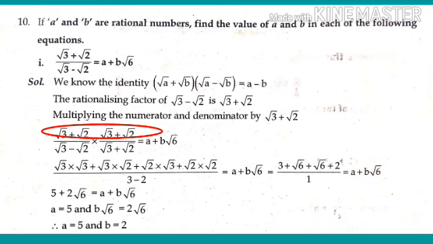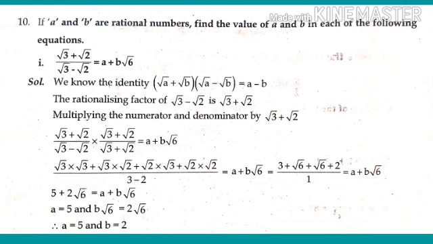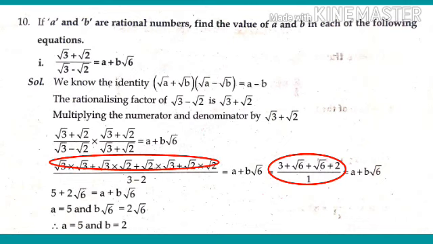First, root 3 multiply with root 3 plus root 2, that is root 3 into root 3 plus root 3 into root 2, plus next root 2 multiply with root 3 plus root 2, root 2 into root 3 plus root 2 into root 2, by denominator part root 3 minus root 2 into root 3 plus root 2 is equal to root 3 whole square minus root 2 whole square, that is equal to 3 minus 2. That implies root 3 into root 3 is equal to 3, root 3 into root 2 is equal to root 6, root 2 into root 3 is equal to root 6, root 2 into root 2 is 2, by 3 minus 2 value is equal to 1.